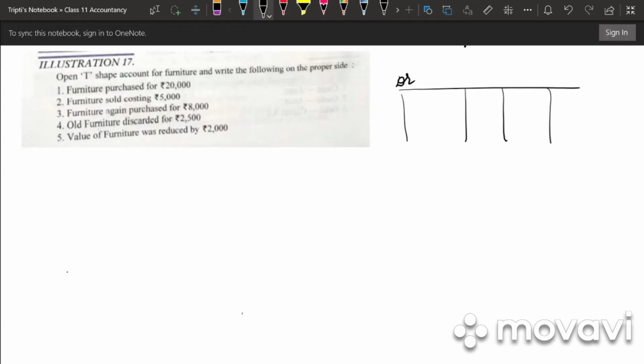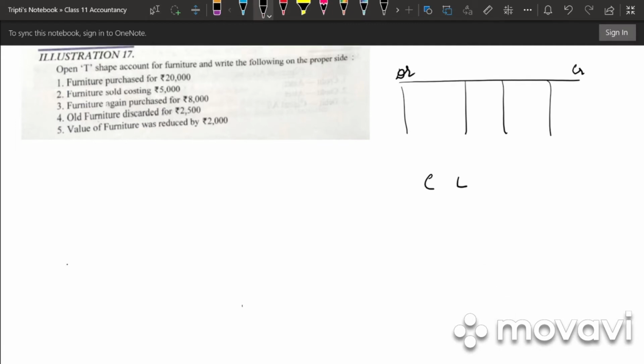So as we know there are two sides, that is debit side and credit side, and we have already studied the rules of accounting according to the American approach. Before preparing any account, first we need to know the nature of account, whether it is capital, liability, expense, asset or revenue. After we have known that, we can easily know on which side there will be an increase and which side there will be a decrease.